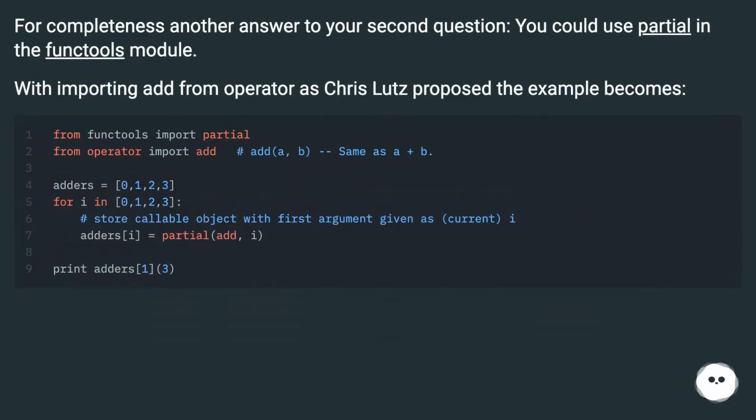For completeness, another answer to your second question, you could use partial in the functools module. With importing add from operator as Chris Lutz proposed, the example becomes